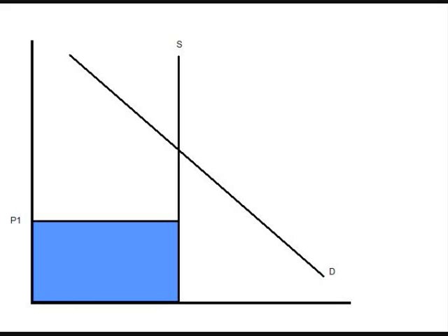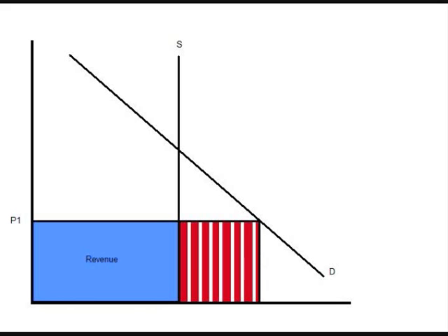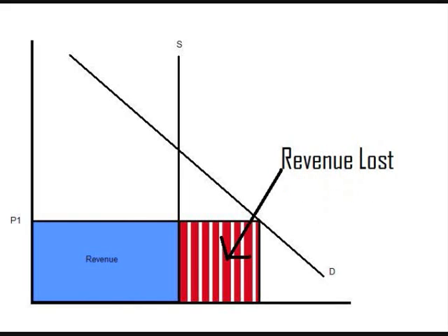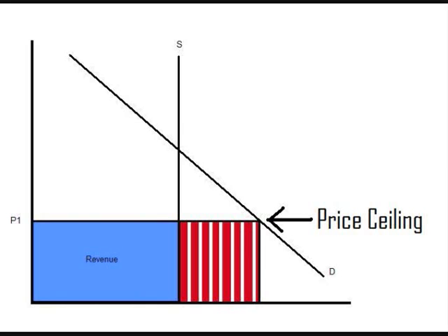Actually, that leads me into my next point. As you can see by the red striped region, the institution is unable to supply enough tickets for all the rowdy fans. Look at all the lost revenues. Exactly, and that's where scalping comes into play. Whenever an institution puts a set price on a ticket, they've created a price ceiling. So a maximum price, right?